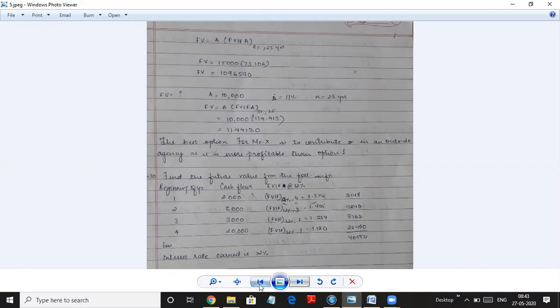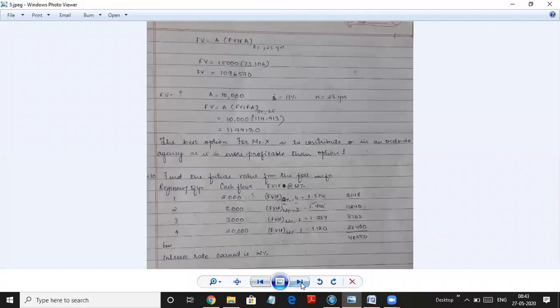You can use annuity value to find the annuity, how much he should invest every year. You can use this formula to find if you invest so much every year, what will be its value in the future. So we have done 4 sums on annuity. We'll do some more in the coming classes. This last sum is on the series of cash flow, which I did in the previous class. I'm repeating it again so that you get some revision part of it done.